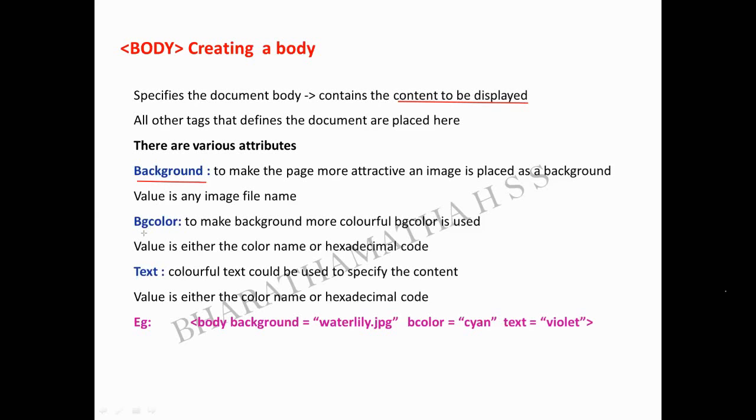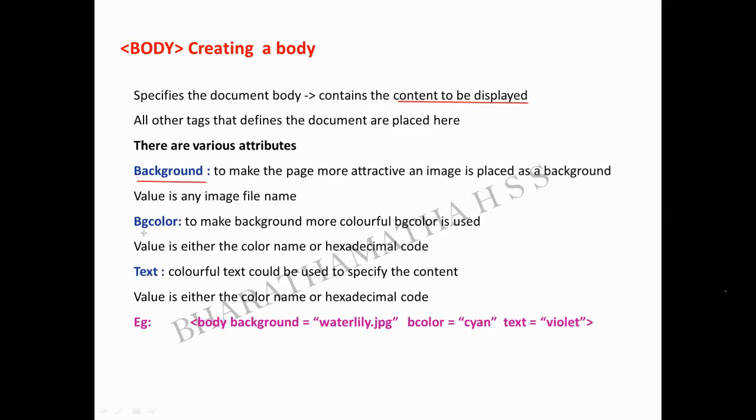Next is BGCOLOR. BGCOLOR is the spelling. Please be careful. BGCOLOR is together, one word. Be careful with all these. These are the simple mistakes that people commit. BGCOLOR is a single word, and the spelling for color is C-O-L-O-R.